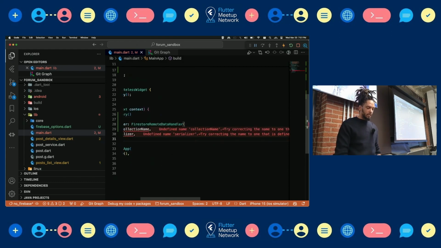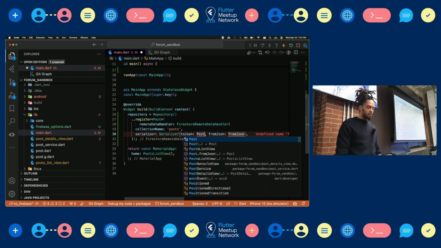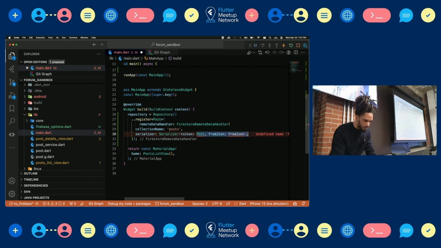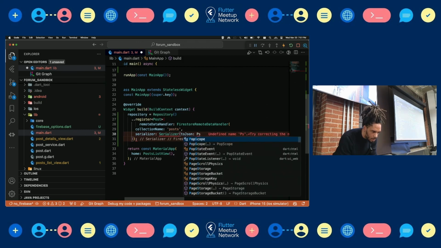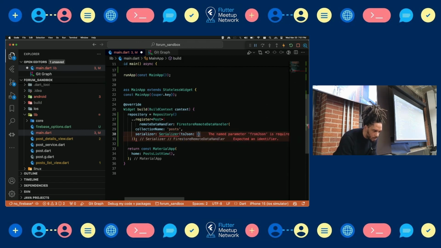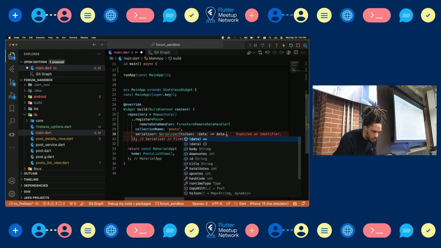So this is already written. It's the Firebase remote data handler. We'll give the collection name, and we'll instruct the handler how it can serialize. So toJSON will be post toJSON, and it's kind of weird to type like this. So toJSON will be, I need completion here. Data will be data toJSON, and